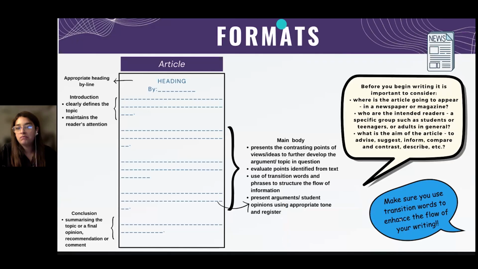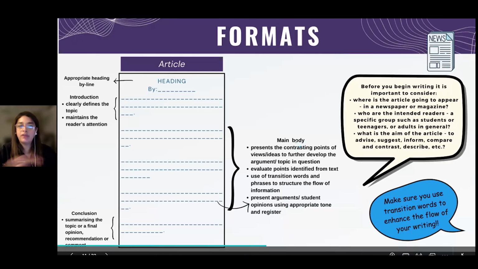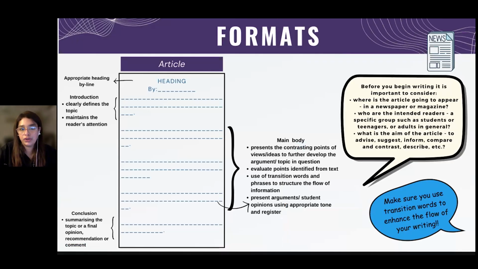A magazine article is not going to talk about something that is very generic. It's going to be very specific to that particular audience. Whereas when I am writing a newspaper article, I can incorporate general concepts. I may even need to incorporate ideas such as the definitions of certain ideas, or